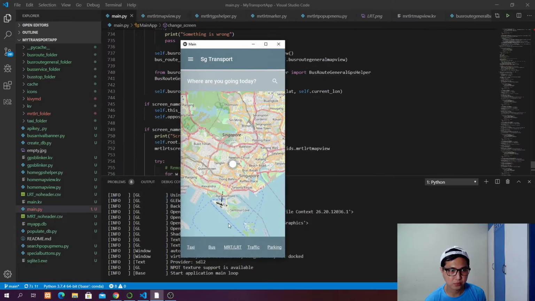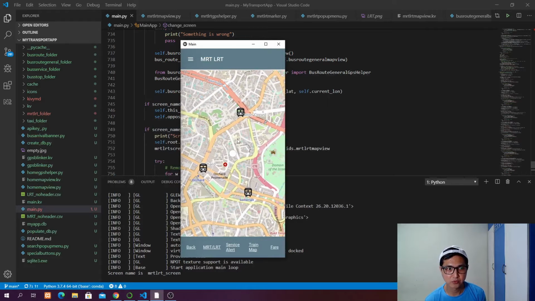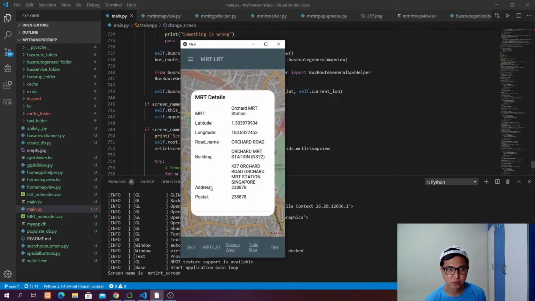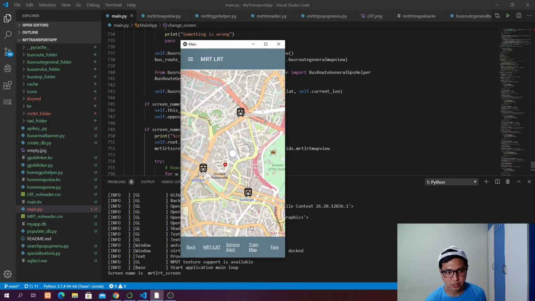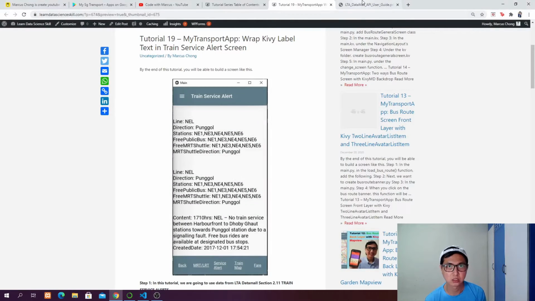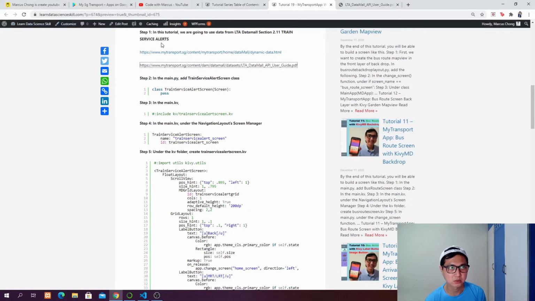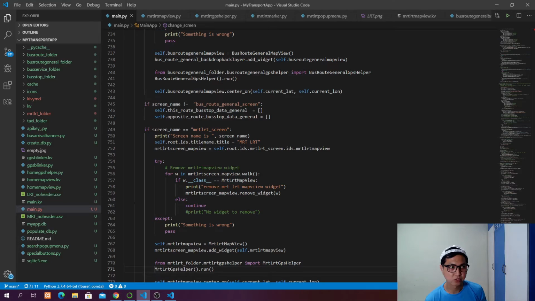This is where we stopped in the last tutorial, where in the MRT LRT screen we have a map view, and then we have all the train services with the pop-up MD dialog. And if we click on the service alert screen, it's going to crash because we haven't created a service alert screen. So let's get to our tutorial 19 on learndatascienceq.com. In step 1, I explained about LTA Datamall section 2.11, and then in step 2, as always, if you want to have a new screen,